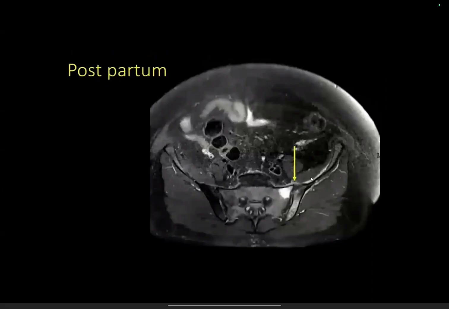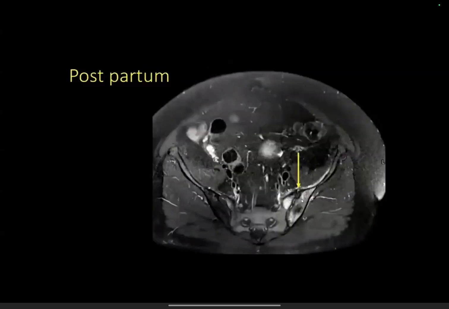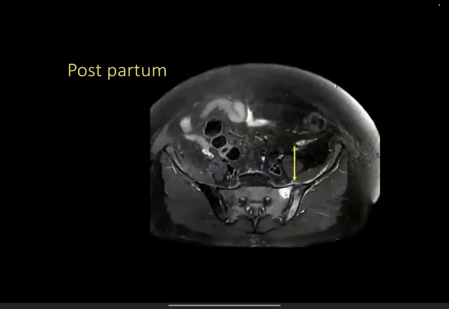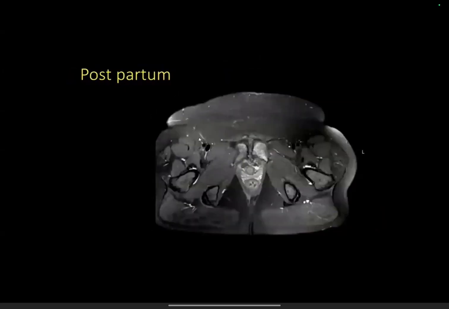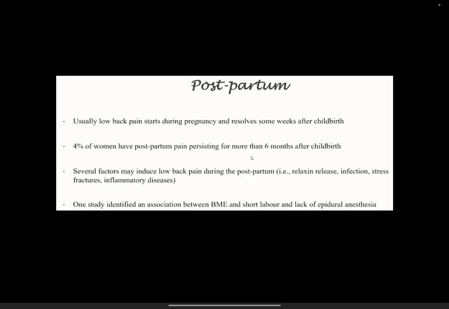Obviously, you will have a history of postpartum status. Again, here we are seeing the same thing. So it's predominantly along the iliac aspect. You can sometimes see maybe fatty metaplasia on the sacrum also. One more important diagnostic clue is, even though it's postpartum, because of the chronic pressure changes, maybe osteitis pubis is also there, and in the pubic symphysis also you can see some hyperintensity and irregularity along the